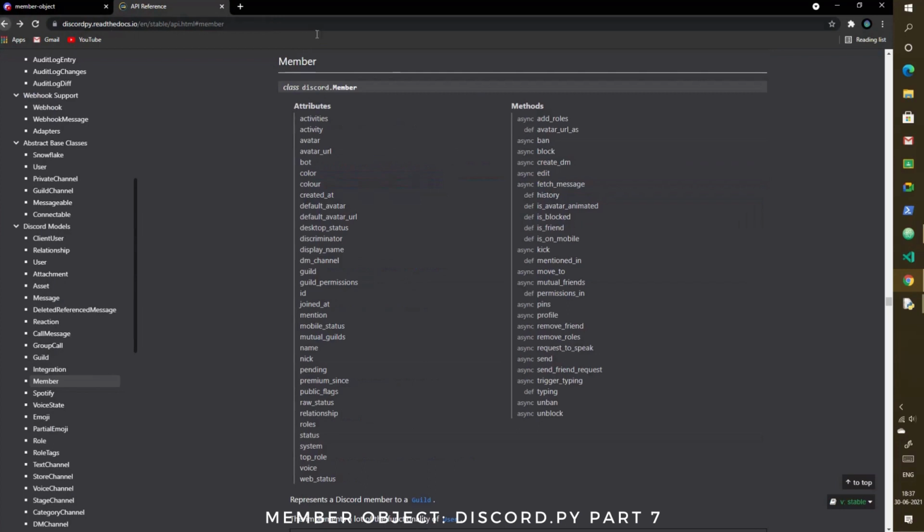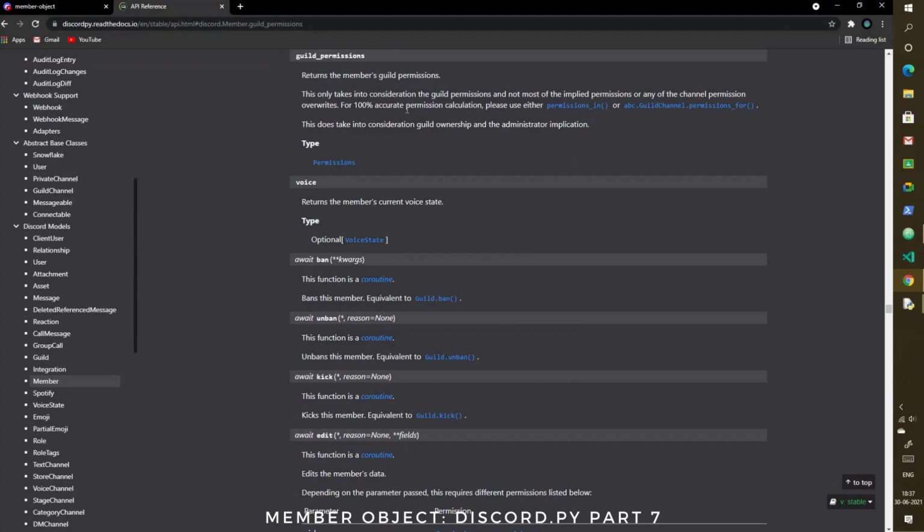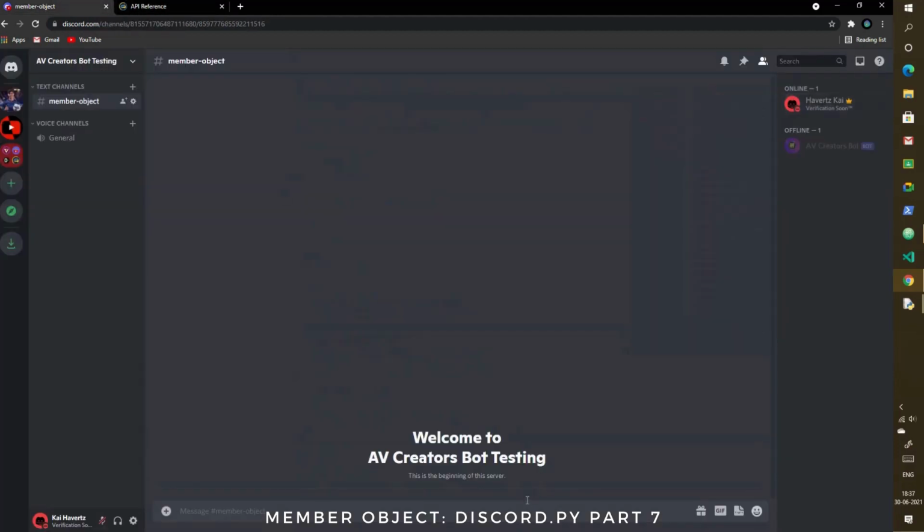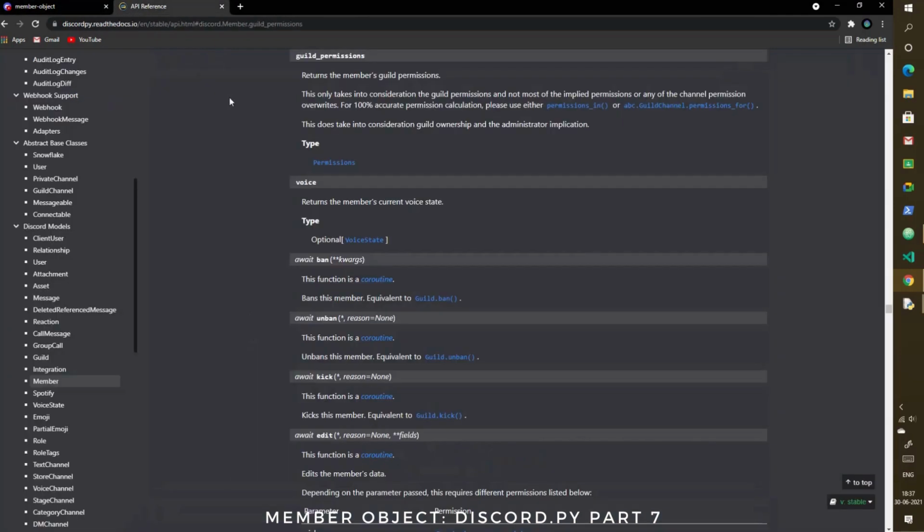So here we are going to check out something called guild permissions. This shows the guild permissions of a user. For example, sometimes I might be able to embed links, sometimes I might be able to change nickname. So it is exactly that. And this is often useful because we can check if the user is allowed to ban a person, and only then we can ban the user. So without further ado, let me just put this in.